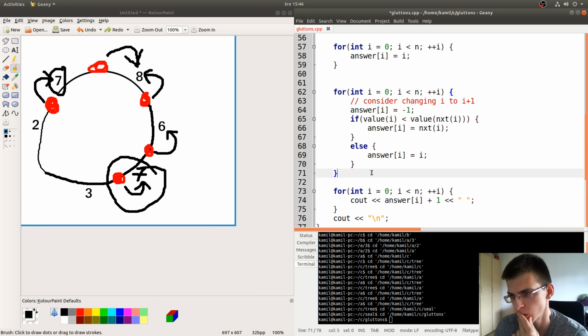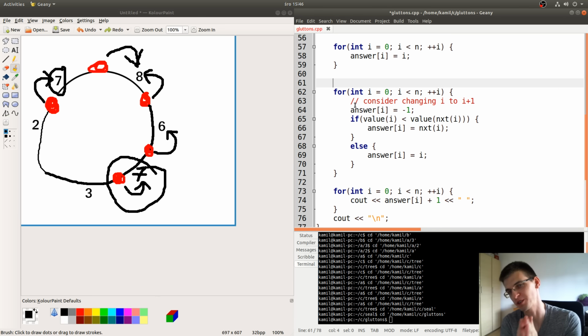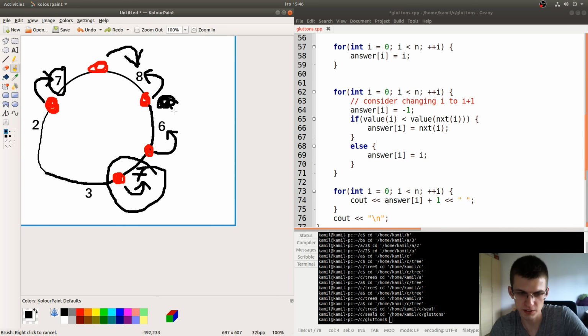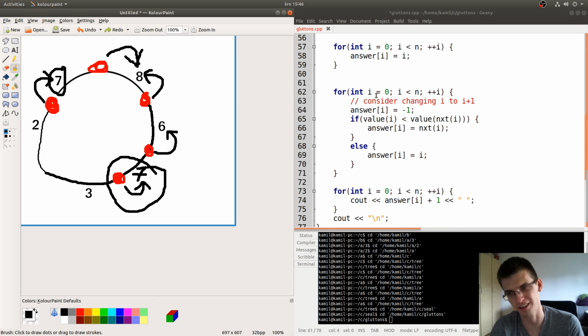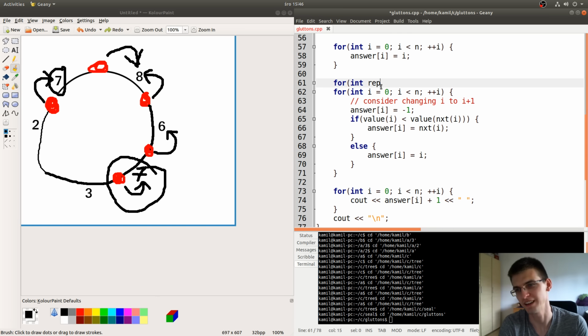Okay. Maybe we should do that 2 times. Maybe you should iterate 2 times over the circle. The thing I'm worried about is that maybe we start from some position, do it in some order, but we should do it a bit more. So I think it's better. Of course, I don't prove anything here. Let's call it repeat. So I want to repeat the same thing 2 times to make sure I do pass a circle starting from any point.